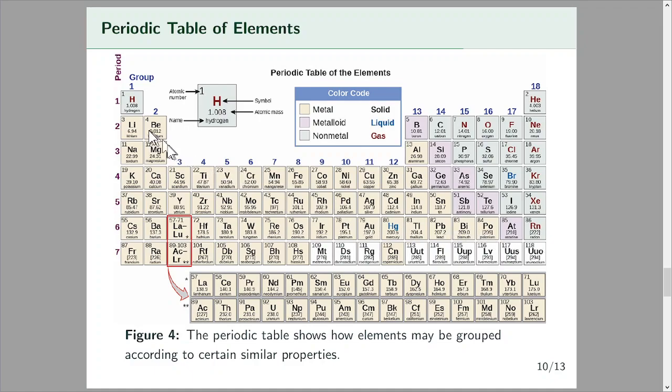So if you look at the periodic table, the elements all have letter abbreviations. So H is hydrogen, He is helium, Li is lithium, Be is beryllium, and so on. If they're yellow, they're a metal. If they're pink, they're a metalloid. If they're gray, is that gray? They're a non-metal. If the font is black on them, they're a solid, just in nature. If they're blue, they're a liquid. If they're